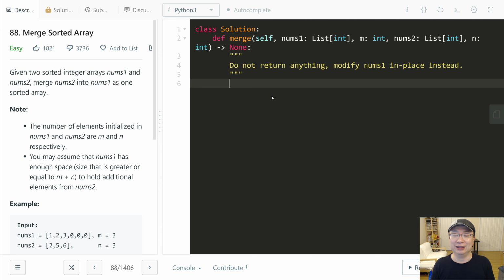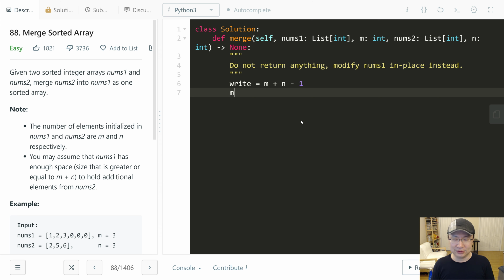Let's implement it. Okay, first I will make the writing index. The name is right, which is m plus n minus 1 because indices start with 0. First change m to an index: I will deduct 1 from m because m also starts at 0. And then, while